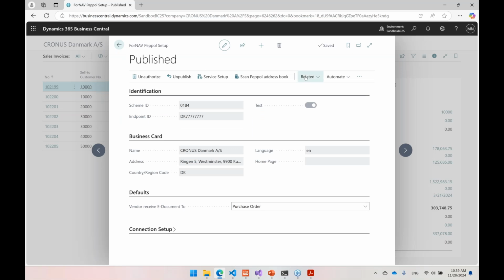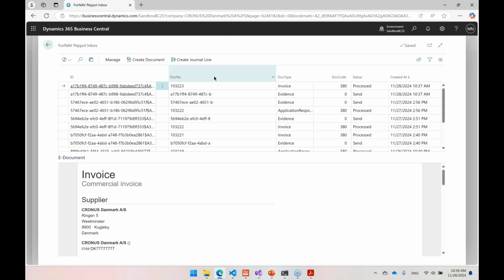Next thing that happens is that when the recipient receives this invoice, you get something that you call an evidence in here, which is an XML document again. And this also has to go into BC, that tells BC that now this document has been received at the other end.